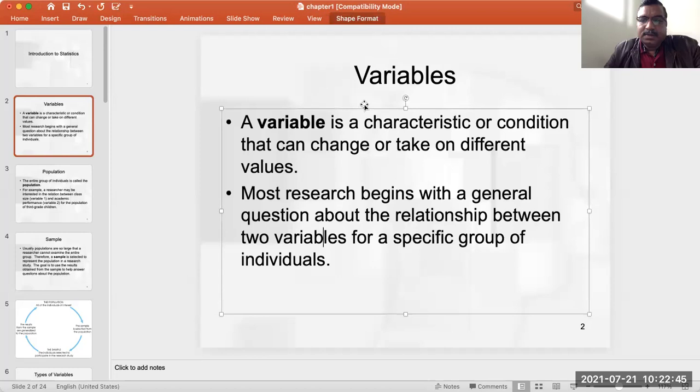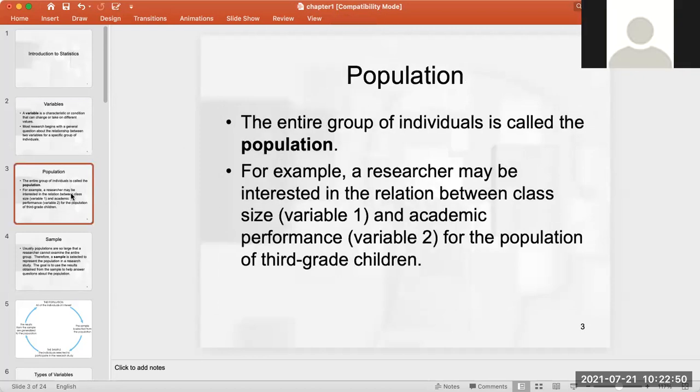So these are some basics about the population. You know that the entire group of individuals in which your interest lies is called the population, right? Like in academics, we can think of what is the effect of class size on academic performance, right?